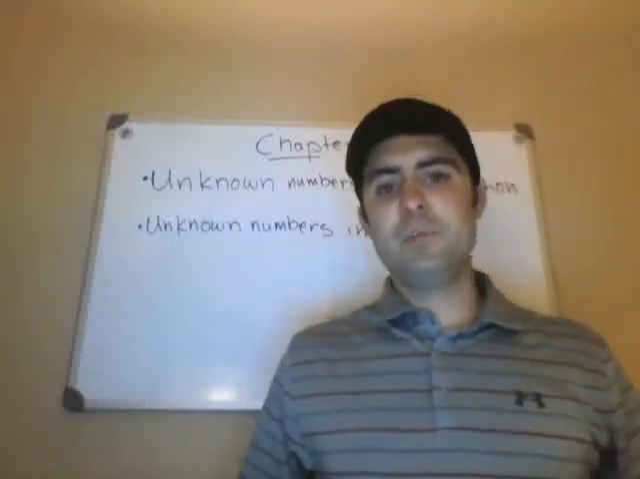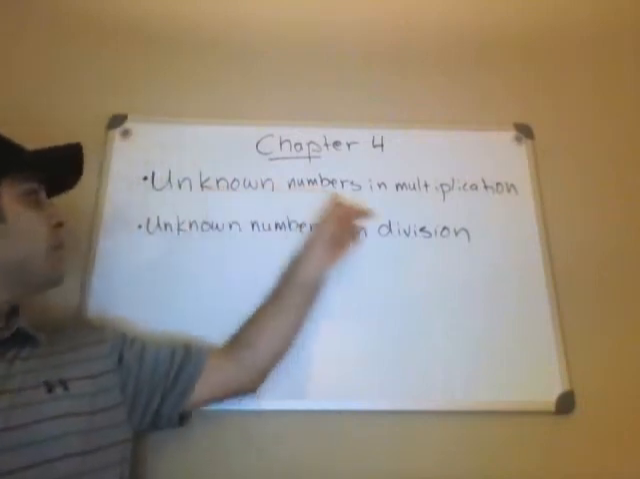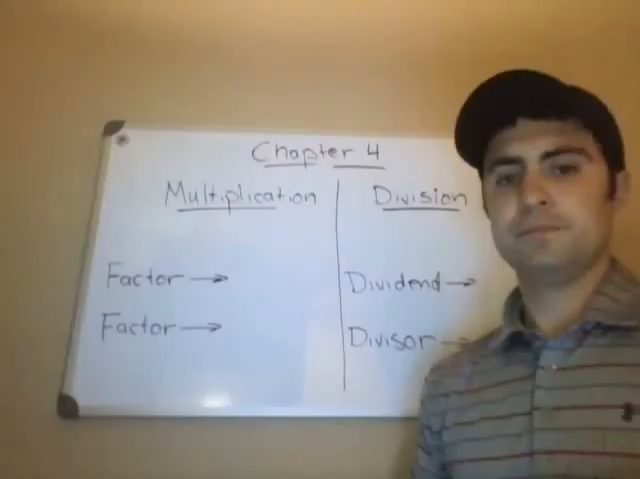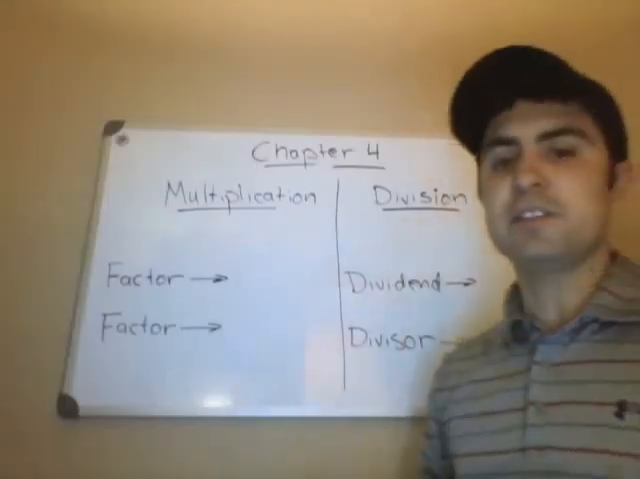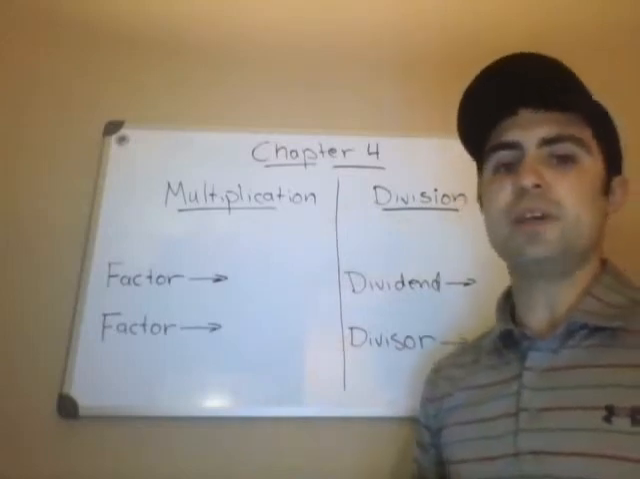Alright, today we're going to be working on Chapter 4. We're going to find unknown numbers in multiplication and unknown numbers in division. Okay, we have multiplication and division. This is a little trick that hopefully will help you know how to solve these problems when a number is